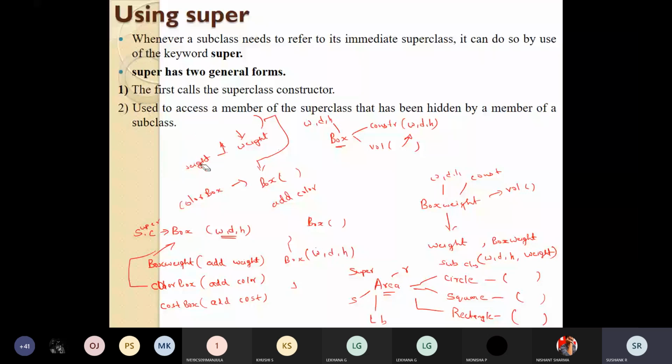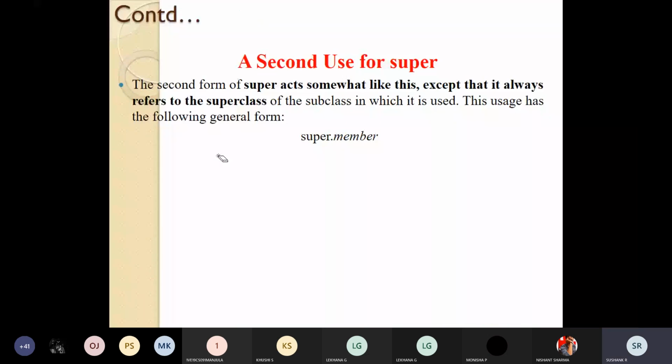I'll just give an example. For example, there is a class called box. If I write a constructor for it containing width, height, and depth, the constructor will contain width, depth, height.